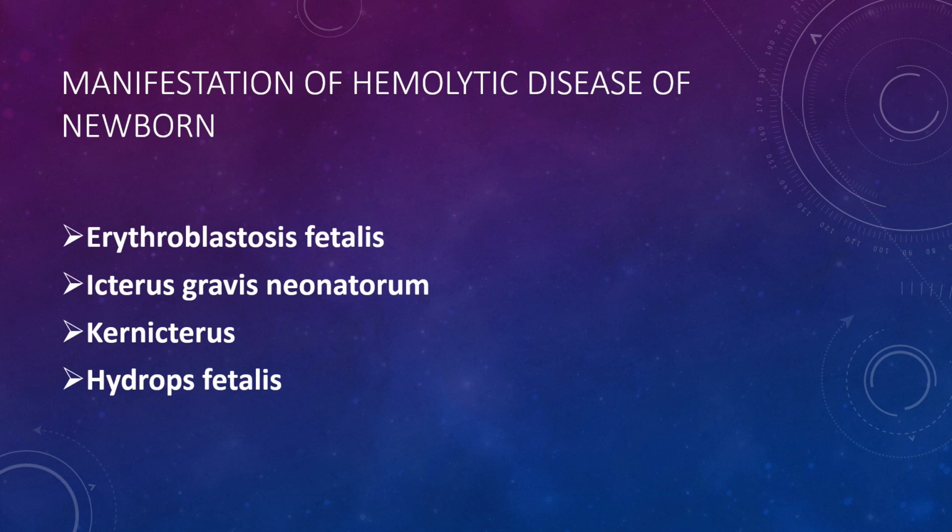And in this way, whenever you find jaundice in the first 24 hours in any child, you should be cautious, you should be very careful regarding that. It could be a pathological jaundice. So you understand why this Icterus gravis neonatorum happens. The third thing is Kernicterus.